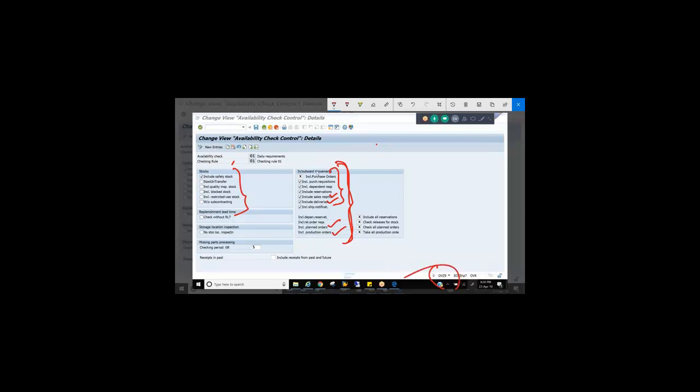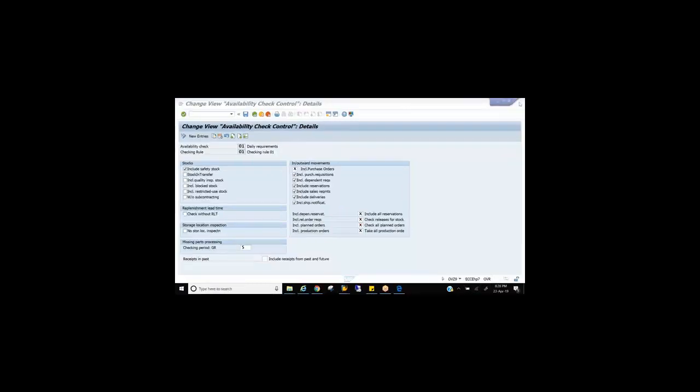These will obviously be included, but we should be very careful where you include planned orders and production orders, because there is no guarantee that a plan will be converted into production, right? You have taken a decision to manufacture something on the 15th of next month, but by then the demand has gone, or the government has put a ban on that product, it can be anything, right? So whenever you're confirming orders against the planned order, you should be cautious, because a plan cannot always be executed as production. Okay, so that's in the OVZ9.